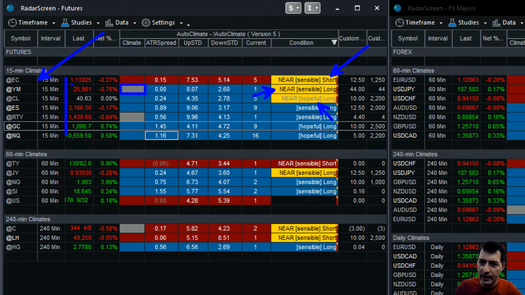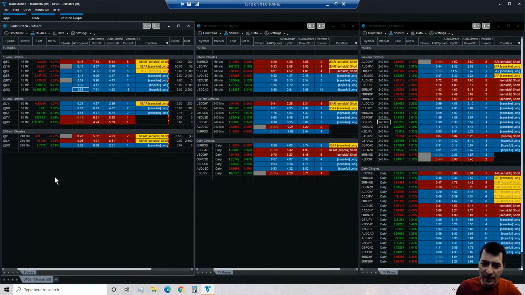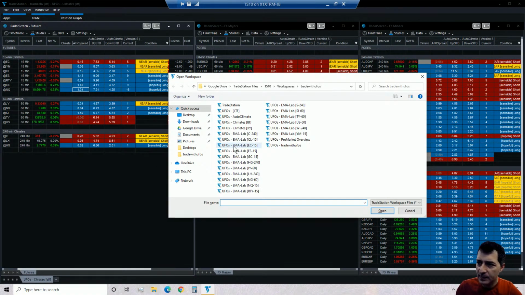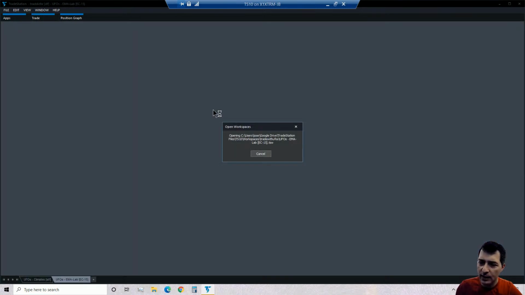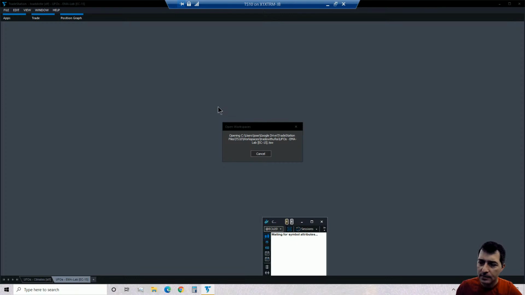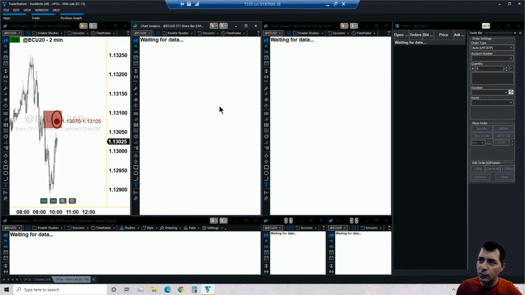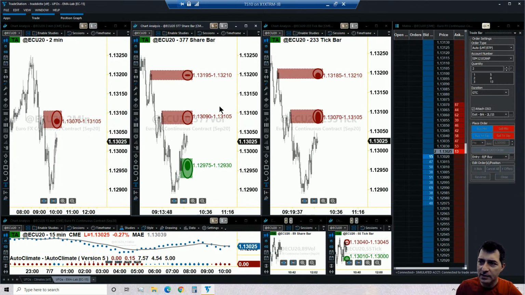Okay, so there are more opportunities below with the Japanese yen, also Lean Hogs. So there are more opportunities to be assessed later on. But let's begin the day with the Euro contract, the EC. Let's go for it. So loading the appropriate workspace and ready to put this trade together. Okay, so @EC U20 is the symbol. Notice the @ at the beginning because we're charting the continuous symbol.